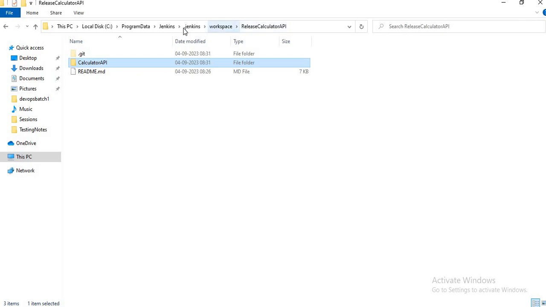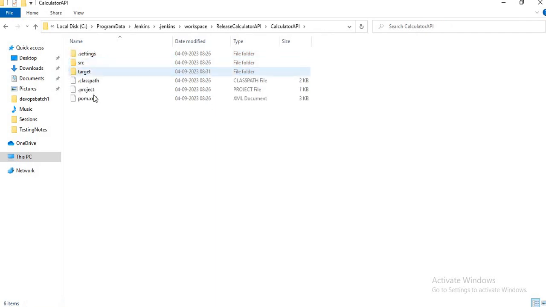So this is my Jenkins workspace directory, release calculator API. This is the workspace. Inside this we have our Git repository cloned, that's why we can see the .git folder. Inside this is the location I have provided to my Jenkins job.